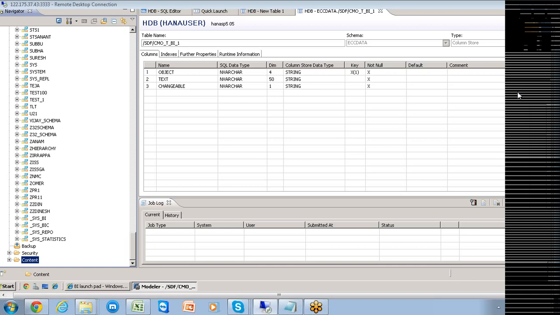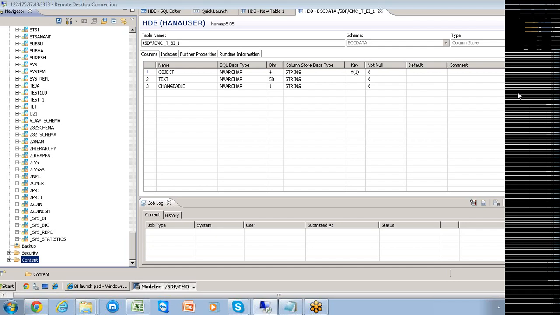Let me tell you two things here. First thing is, the physical tables that are there in your HANA database cannot be exposed to the reporting tools. You got my point, right? Yes. Cannot be exposed to reporting tools. You need to have the views. You need to have a separate layer that should be created on these physical tables. And for the purpose of creating that extra layer, you need to start working on this particular content. The content is the place where we can start creating these packages. Within these packages, you can have the option of creating different types of views.